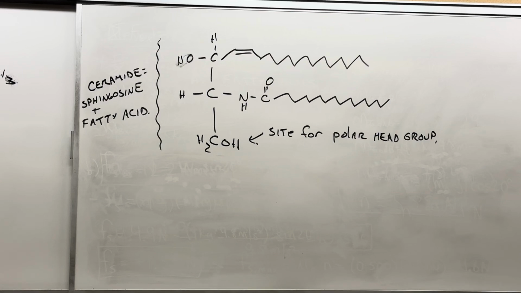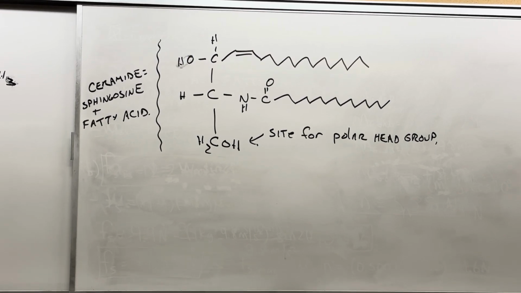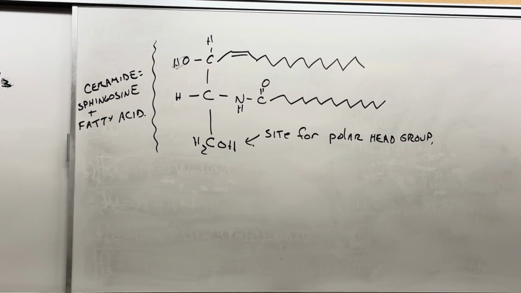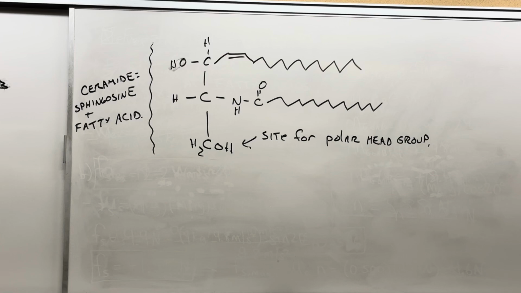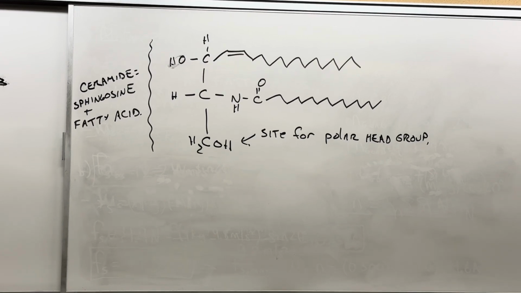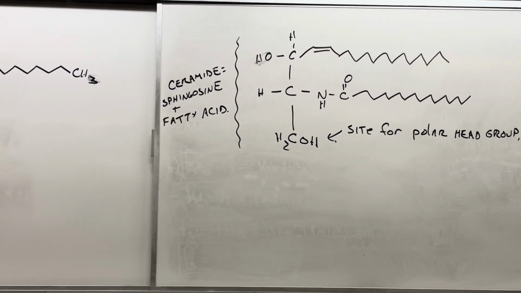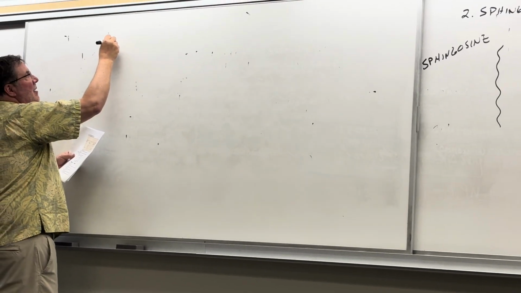And what we'll do is we'll talk about different polar head groups creating slightly different sphingolipids that are prevalent in different cells of different tissues. So for example, if we have ceramide